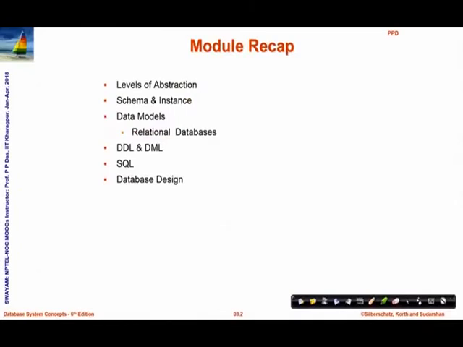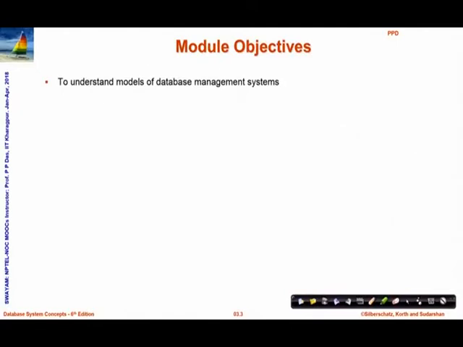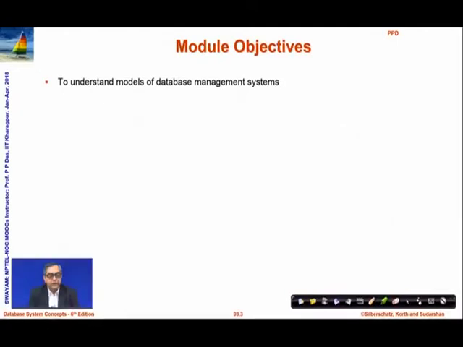So, these are the aspects that we had discussed earlier, starting from level of abstraction to the outline of database design. In the current module, we would like to understand the models of database management systems a little bit more, and we will try to familiarize ourselves with the major components of the database engine.